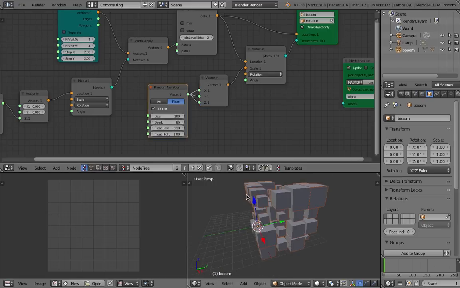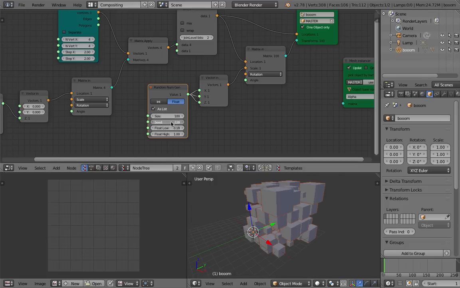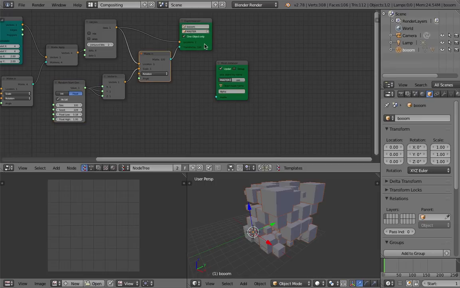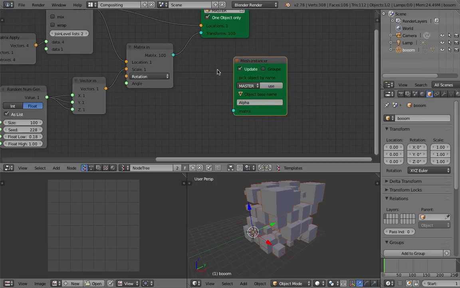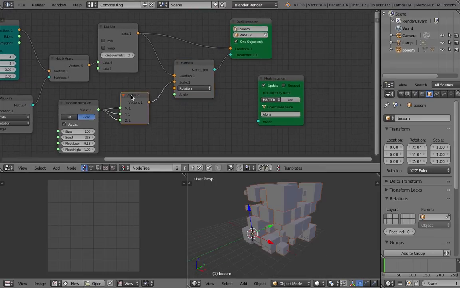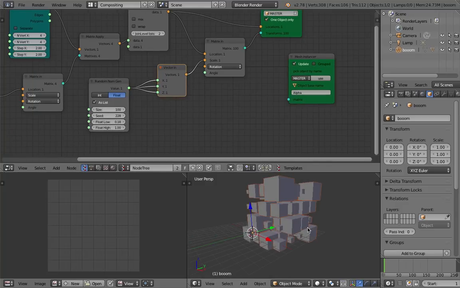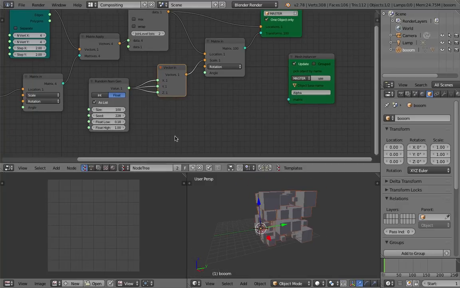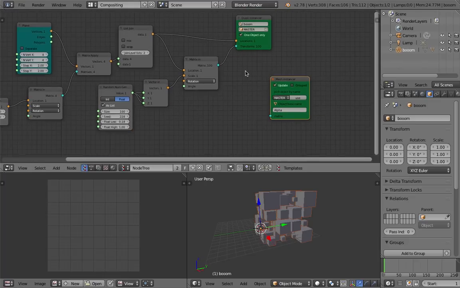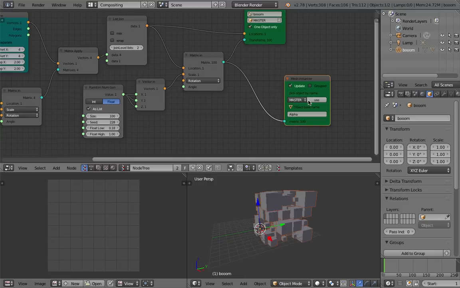Randomize the scale like that. I really like this random number generator node, super handy. With this guy, you notice that the scaling is actually the same in all X, Y, Z. I don't know if it's a bug or maybe it's a feature, but if you actually plug this into that guy and